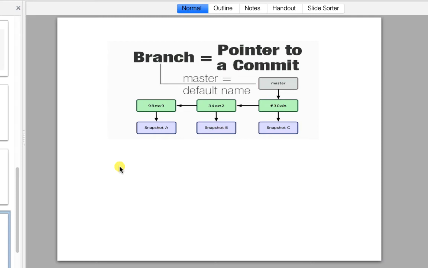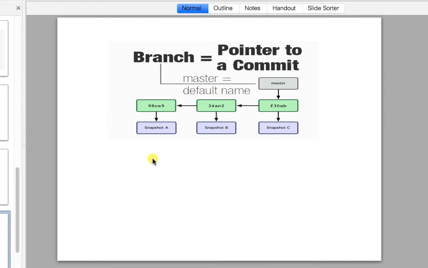So a branch history of commits will be referred to as a branch. Okay, so branch is equal to a pointer to a commit. So there will be a pointer which is pointing to a particular snapshot, and the name of the pointer will be called that branch.